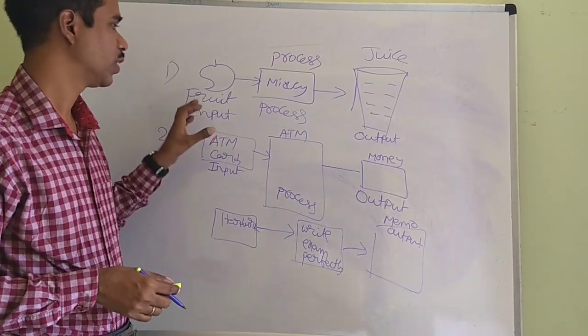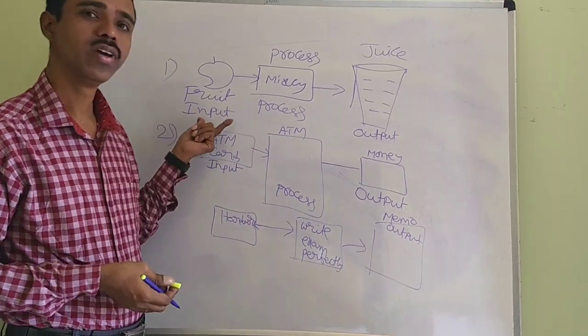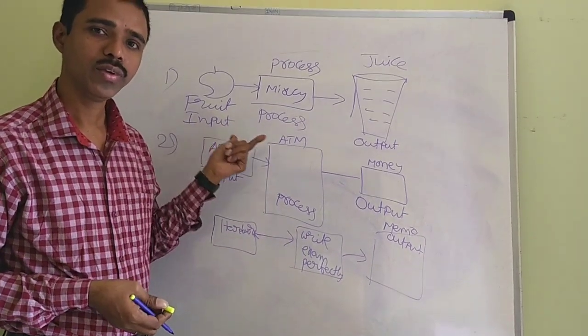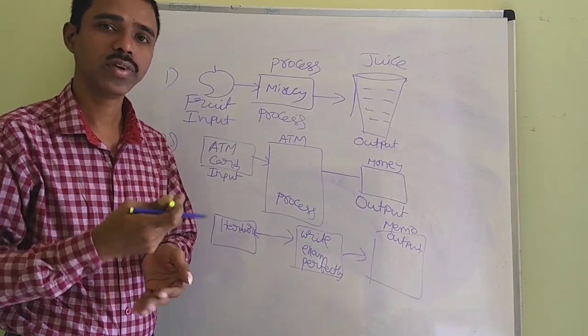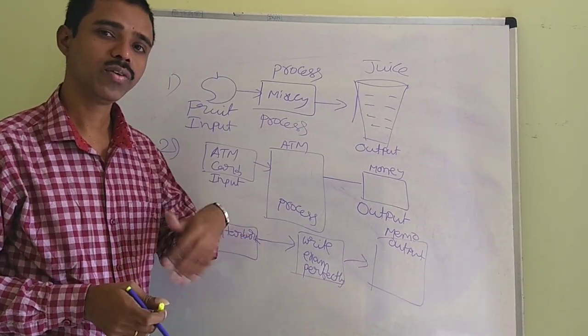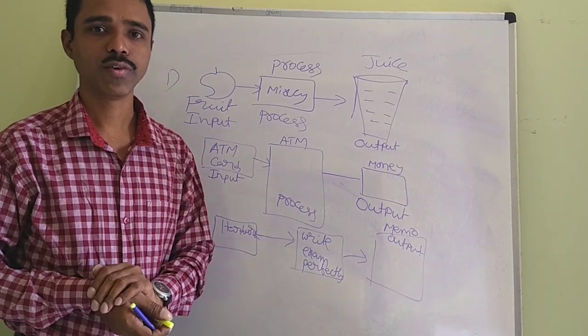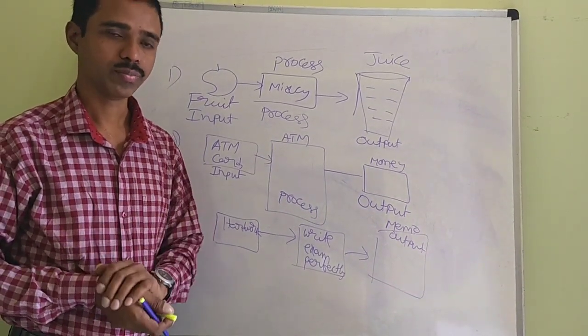So for the computer, we are supplying data from the keyboard. For example, the keyboard is acting as the input device. The data you are entering from the keyboard will be received by the CPU, Central Processing Unit. How the CPU does the process, I will explain in basic computer organization, nothing but the block diagram of a computer. Okay, please follow.